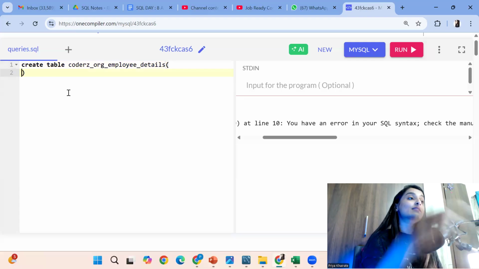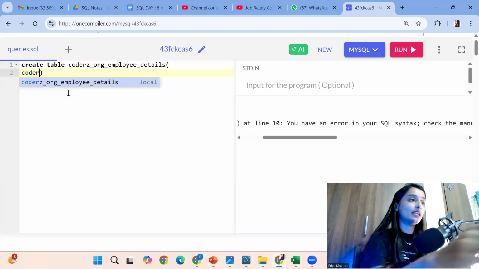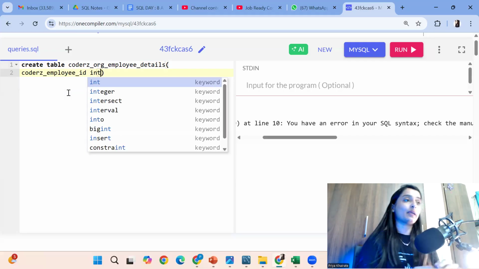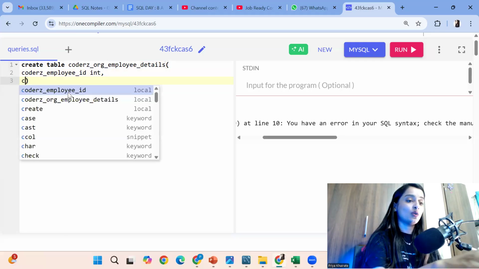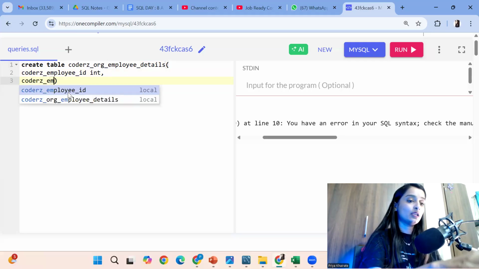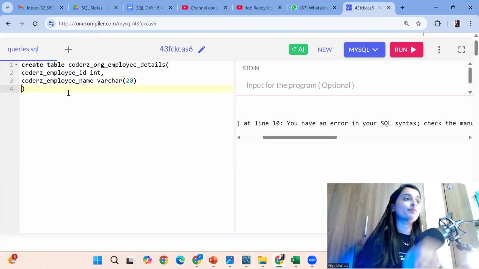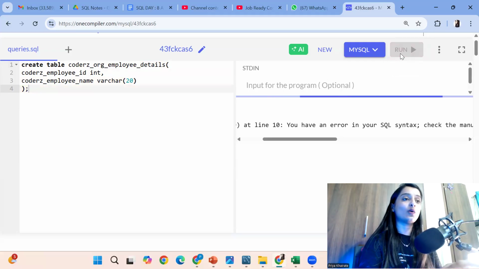In this table, how many columns do we have? Let's say the coders employee ID column, the data type is integer. Next, the coders employee name column, and the data type is varchar of 20. That's all. Now we'll give the semicolon here and run the code.